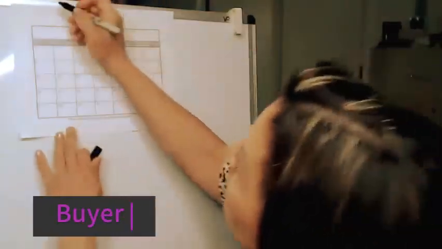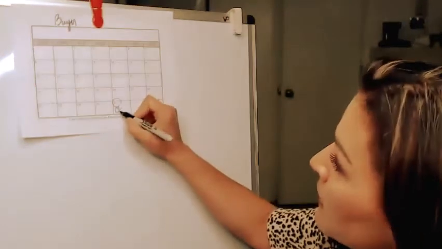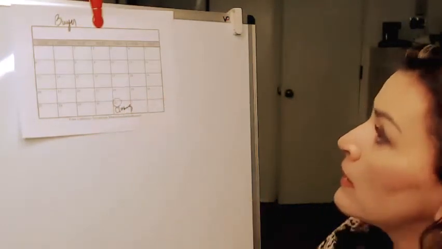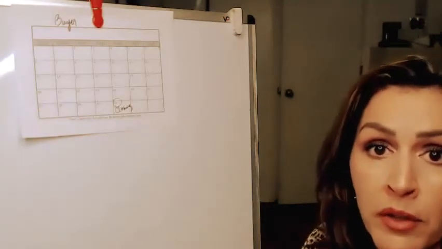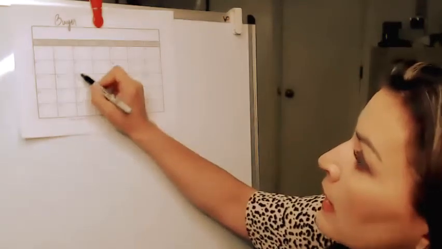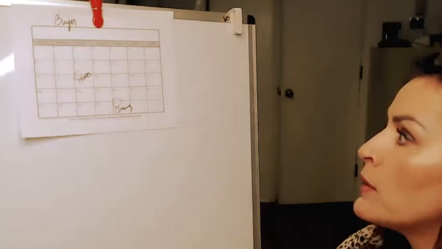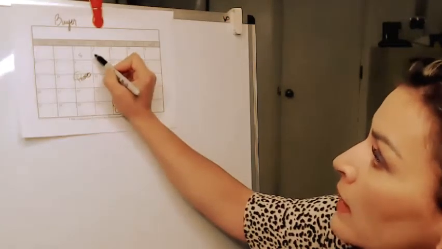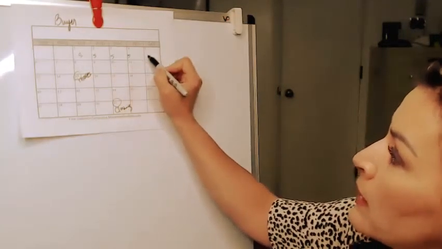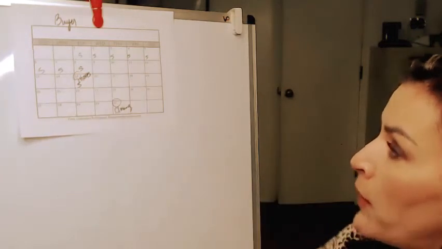So let's say the same thing. Closing is supposed to happen on this date, right? But the buyer wants to move in early because they've got to vacate their property or whatever, right? Let's say the buyer moves in here, they ask to move in here. Now, if we keep the closing date, the seller is still paying prorated interest, right? Taxes, insurance, all that good stuff, all the way up to this point.